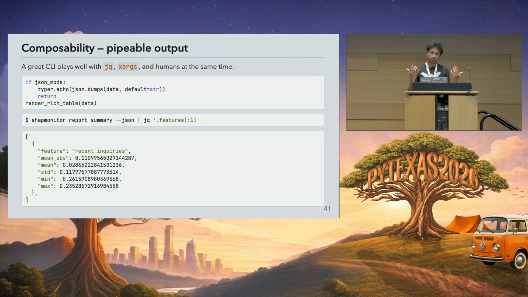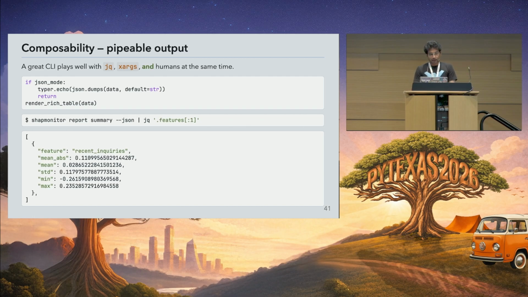You can have an agent skill that tells the agent not to use the CLI in the normal way, but always to use some kind of JSON output. In this case, I was just looking at one feature, the top feature, and I could pipe it with JSON and jq, and it gives me just this.